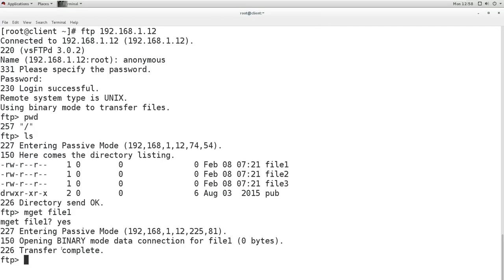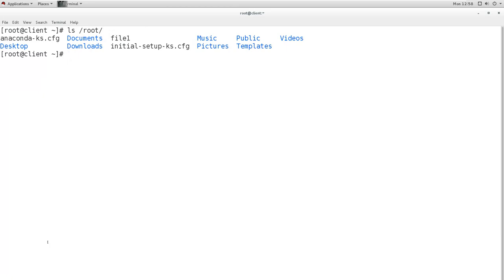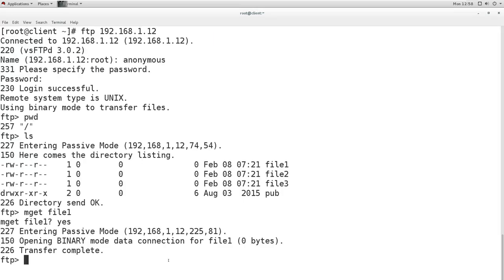Now if I want to upload a file, I will create one file here first. I will create this file moon.txt, and I want to upload this file to the server. For uploading the file, I will give the command mput.